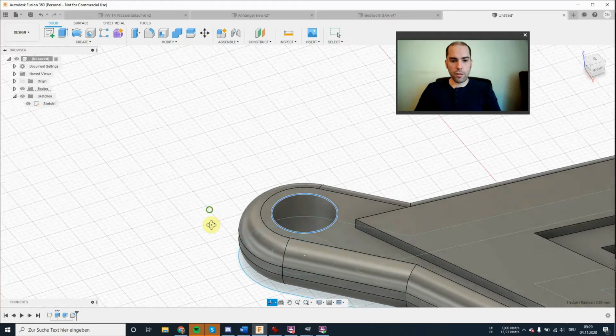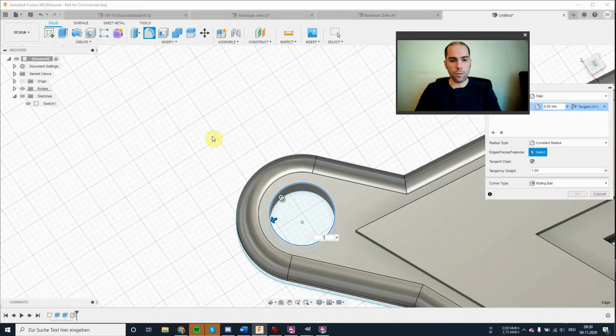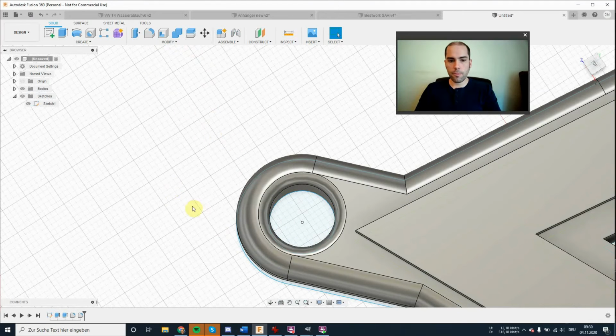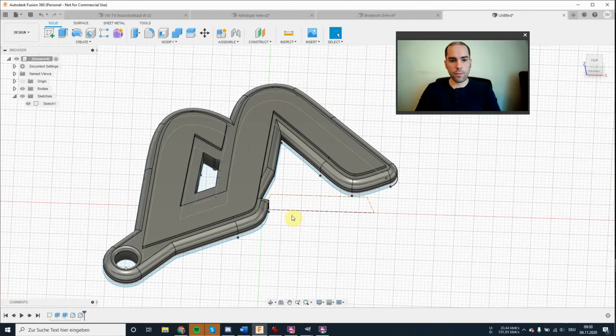For the inner edges of the eyelet, I will choose a smaller fillet, just one, because we don't have space for any more. Right, so we're almost done.